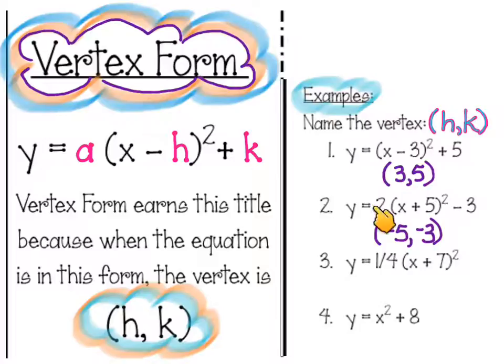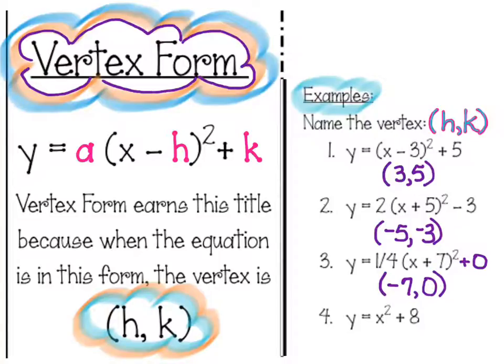And notice that this 2 right here played no role in naming the vertex. You don't want to distribute that 2, because you'll be violating order of operations, and we'll talk about that later on in the chapter. Again, in number 3, we're thinking X misbehaves, and we're looking for the Y coordinate or the K value, which is back here. If nothing appears back there, remember the number that represents nothing is 0,